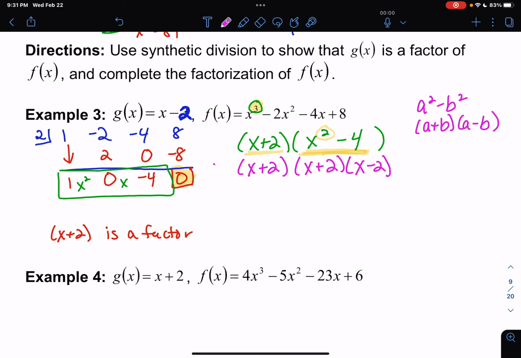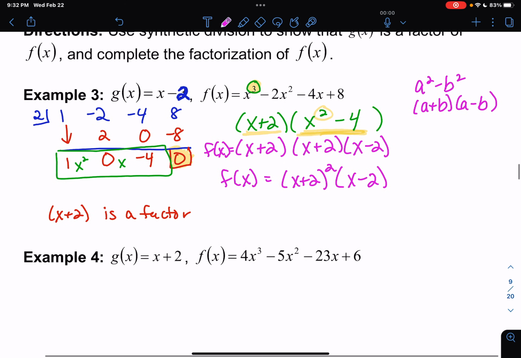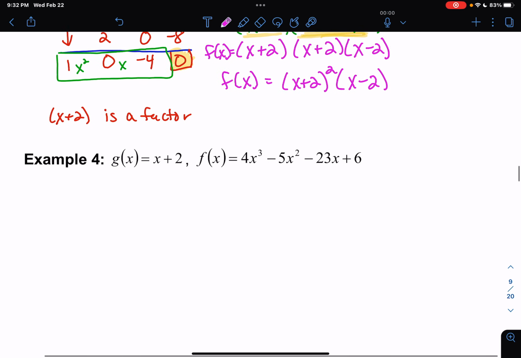So another way we can write this polynomial function, notice that we do have repeated factors. X plus 2 is repeated twice as a factor, and x minus 2. We'll get back into how this relates to the graph in just a little while. Let's look at example 4 and